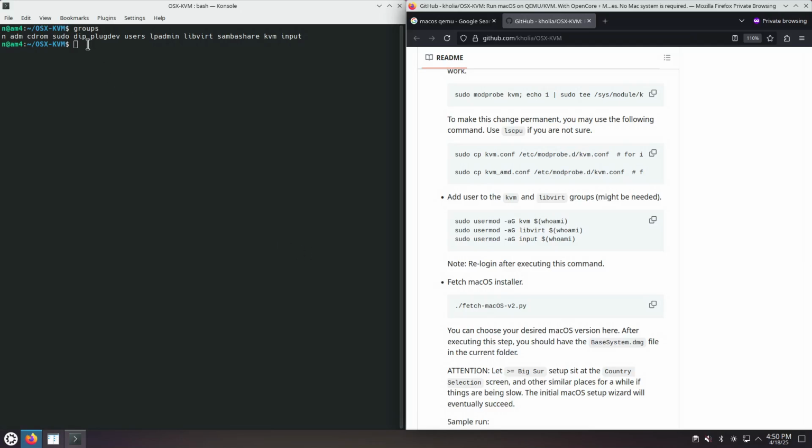I have restarted the computer and now my user, which is named N, is in the following groups, including libvirt, input, and kvm. Next up, because I did not set these changes for ignore_msrs each time my computer reboots, I'll need to run the command again to write to the /sys file system. Next up, we'll fetch the macOS installer,